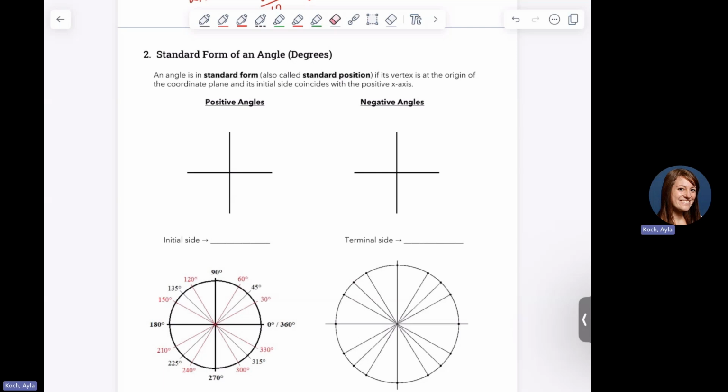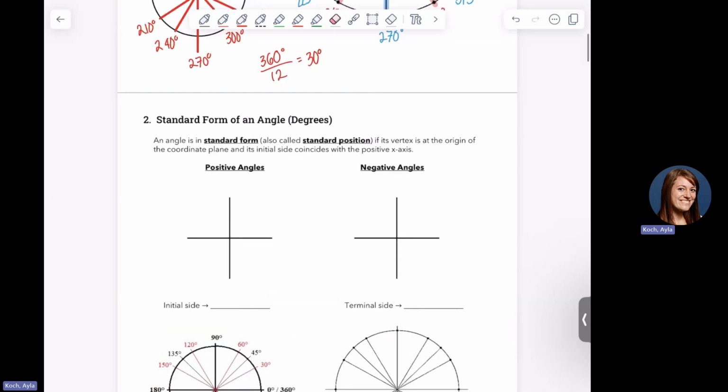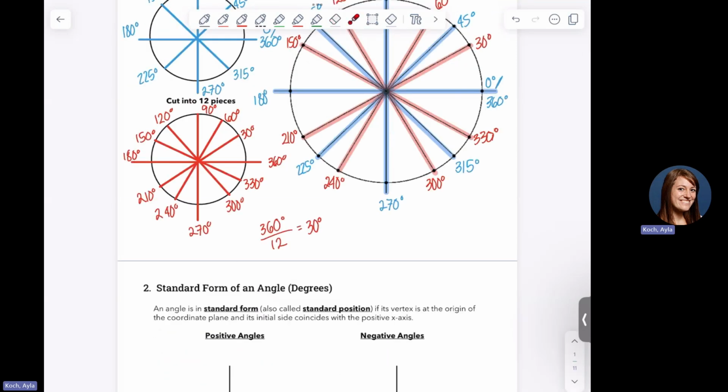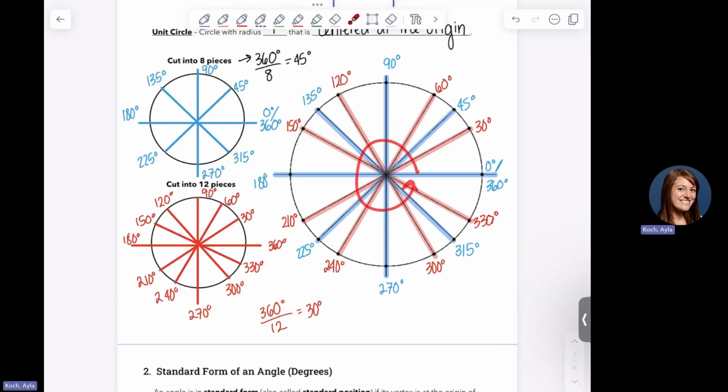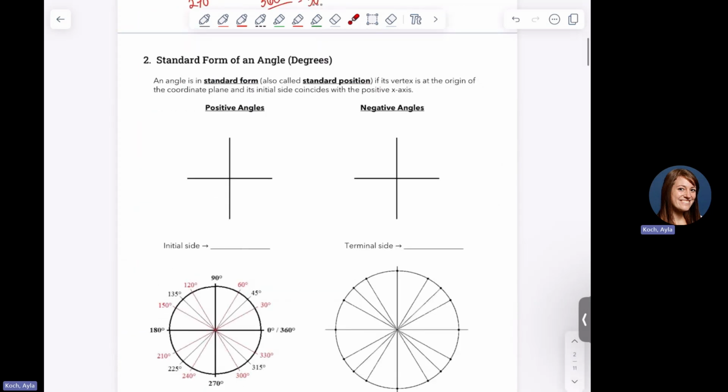Standard form of an angle in degrees. In our previous video, we talked about what degrees were. We said there were 360 degrees in an entire revolution. You may have noticed when I was drawing all of these angles, I was starting at this positive x-axis here. That's what we call an angle in standard form, where the vertex of the angle is at the